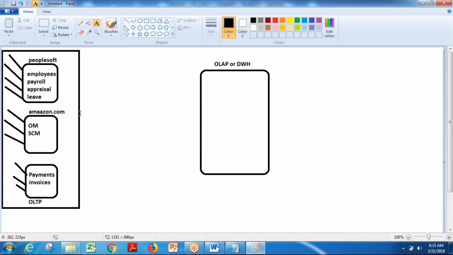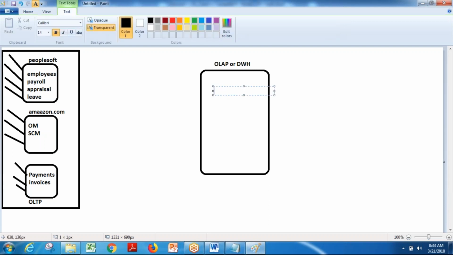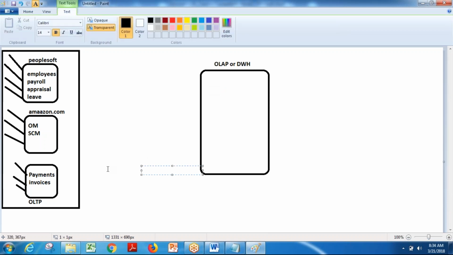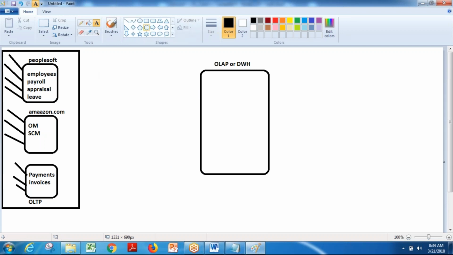Right. So basically, this analytical application we use for a decision-making purpose. Okay. So an OLAP or a data warehousing application is nothing but a database where we are storing the data for analyzing purposes. Okay. Now, in order to integrate the data from all these transactional systems into your OLAP, here we make use